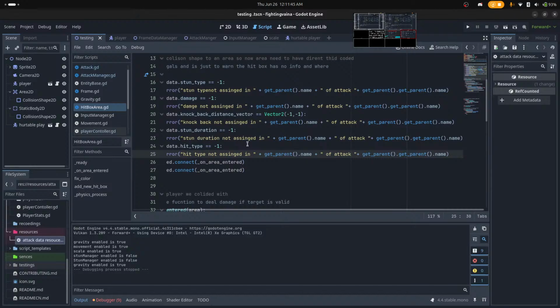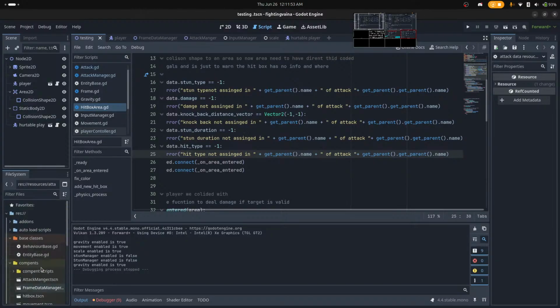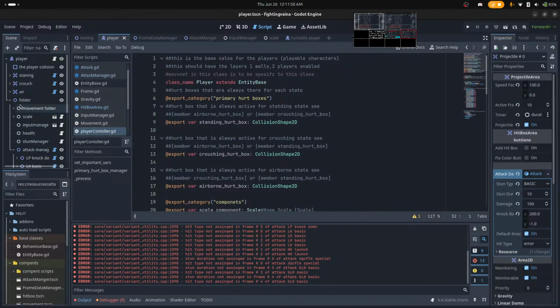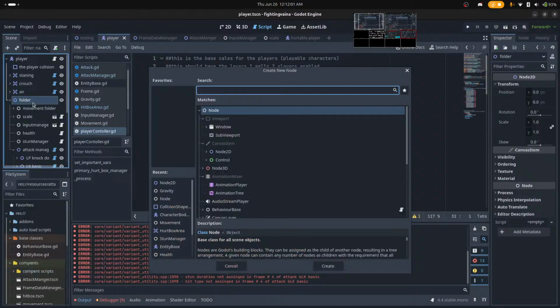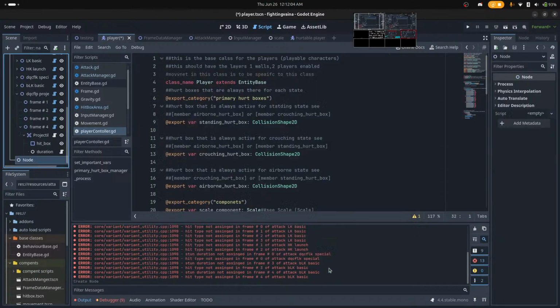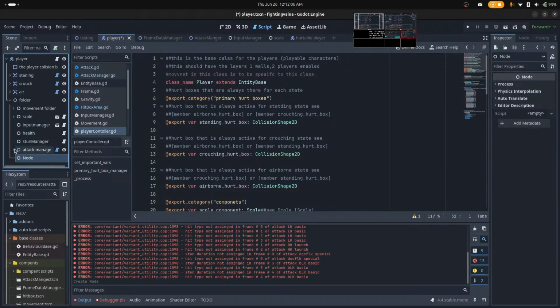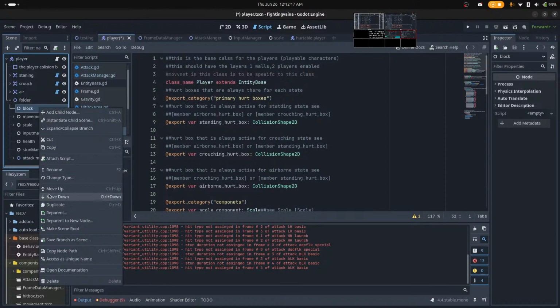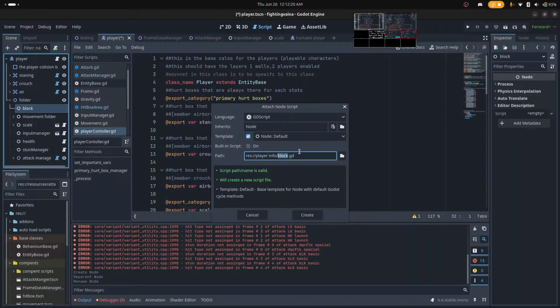Then I want that as a different node for blocking. Let's add it as a different node. Folder, new child node, node, create, check manager, this here. Block, attach script, call it block component, right?